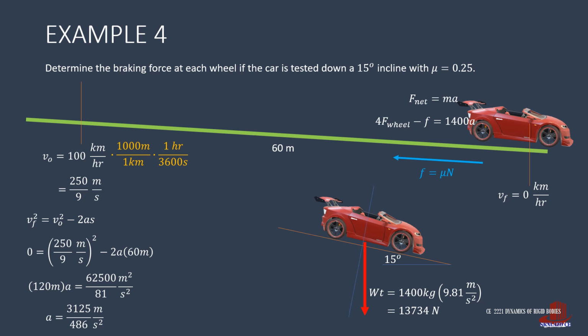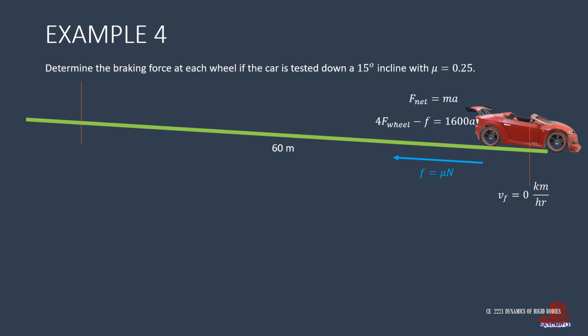The normal force is derived from this, although it is applied perpendicularly to the surface. Thus, N is 13,734 times cosine of 15 degrees, giving 13,266.03 newtons. We can now solve for the small f from 0.25 times 13,266.03, which results in